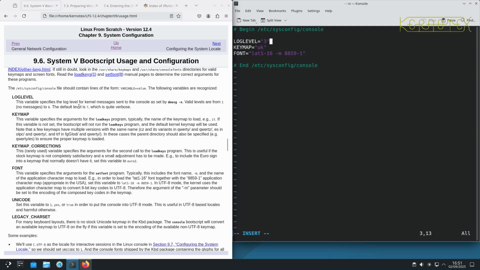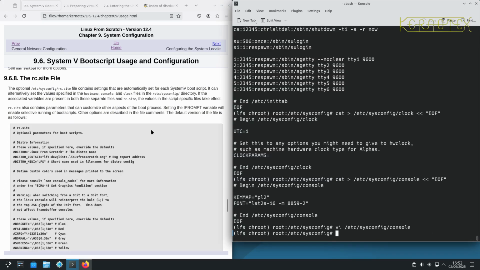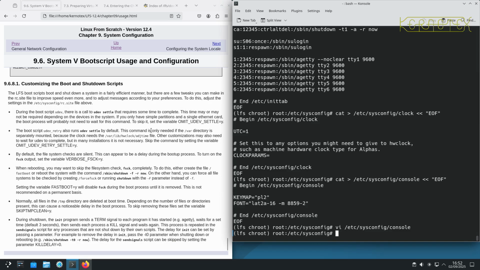As it says, the default is 7, which is quite verbose, so I found 3 is quite a reasonable compromise. So I can save that. And move on